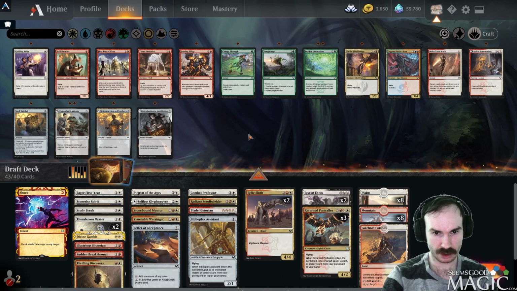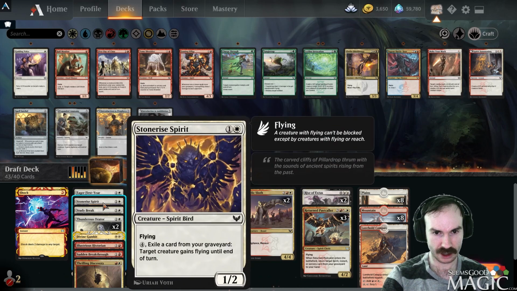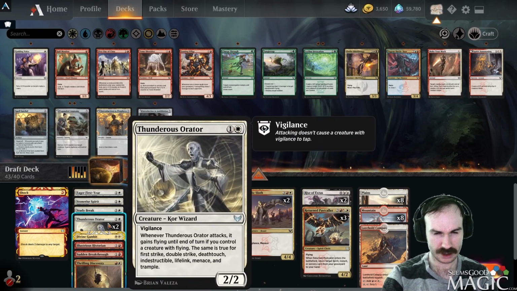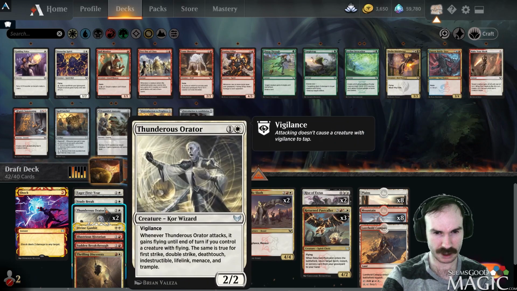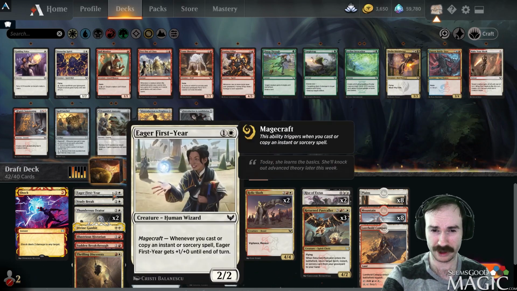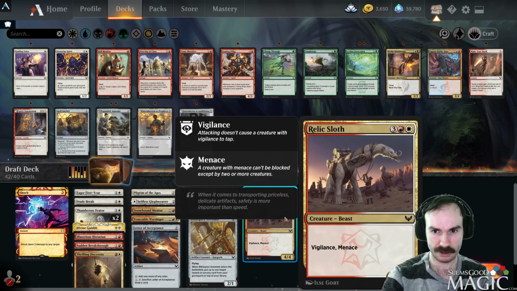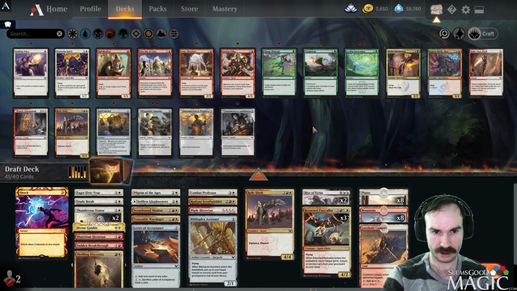And it feels as though I should be cutting creatures. I just don't know which ones. Could see maybe cutting the Spirit. It's not going to block well. It will let us win later, but... It's cool with Order, but it's probably just bad enough to cut, because it's not going to be able to trade early, which is kind of what we need our cheap creatures to be able to do, to buy us time to get to this late game. Maybe we just do 1 Sloth. I want all these Pass Callers, though, but man...